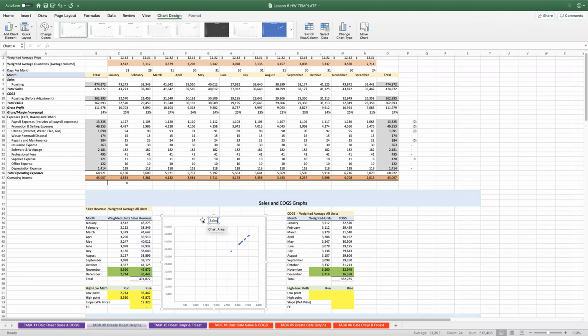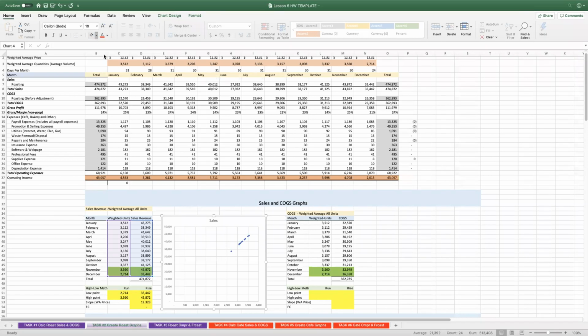Sales. And I'm going to give it some color, so it kind of pops off the page a little bit. Looks better. All right. So what you see here on the y-axis is the dollar amount of sales. So that's this, this is the y-axis. And then this is the x-axis, which is the weighted units. So what you're getting is the amount of dollars that are generated, this is sales, generated for every unit that